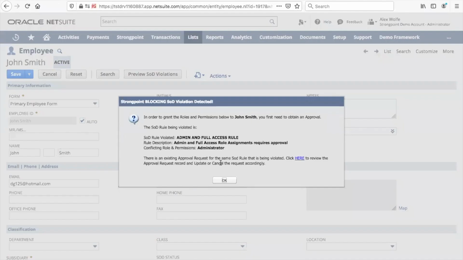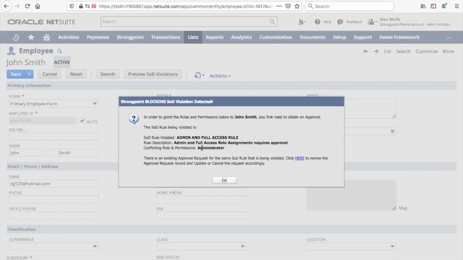that allows you to, in fact, set up rules that completely block certain types of access. And the typical one we see is blocking admin access. So this, right now, any admin can give anybody else admin access. In a Strongpoint system, that's no longer true. If somebody tries to give the admin access to John Smith here, it's going to catch it and we can